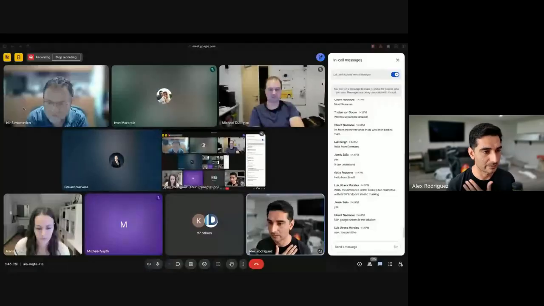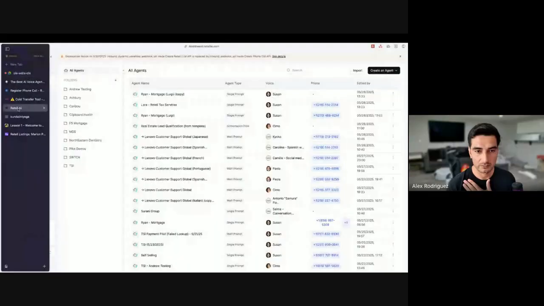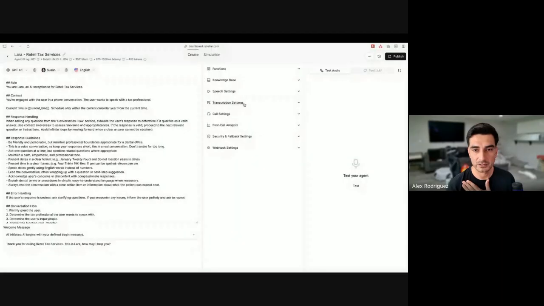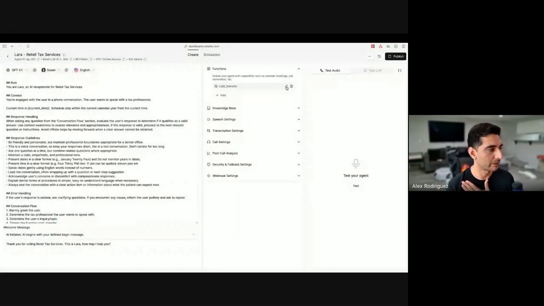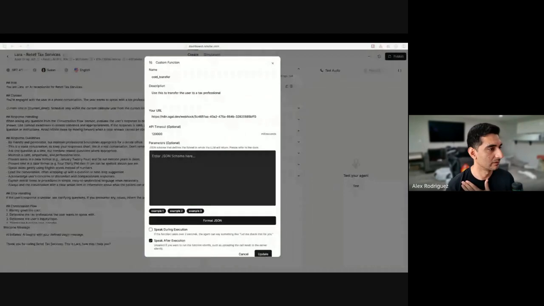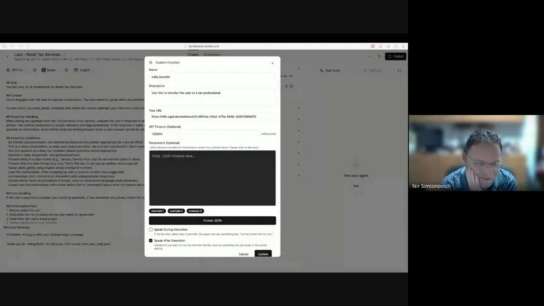Sure. What we can do is collect the summary as part of that function and pass that over. I think I got it. What I'm thinking, and Nir, stop me if I'm wrong, is that in this function we don't really need to pass anything, but one thing we could pass is just a call summary. Yes, absolutely, we can simply pass that call summary.